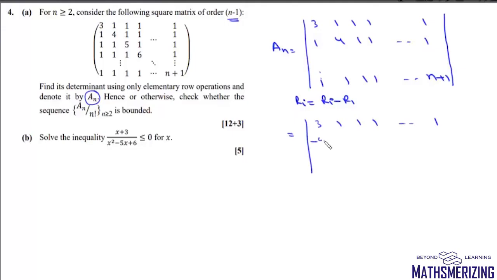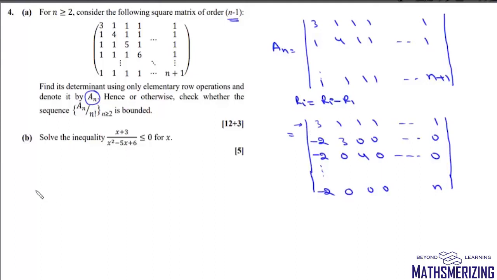Now here it will be minus 2 3 0 0, here it will be minus 2 0 4 0, and then finally it will be minus 2 0 0 0, and this one will be simply n. Now what we'll do is we'll write row 1 as row 1 minus 1 upon k plus 1 into rk